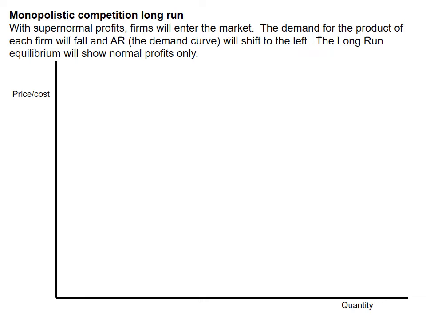I'm just going to show you the end result of when the supernormal profit has disappeared, and that's because their customers have been competed away, their demand curve shifts left, and the supernormal profit disappears. So here's going to be the final result. The long run equilibrium will show normal profits only. So what you're going to start off with is